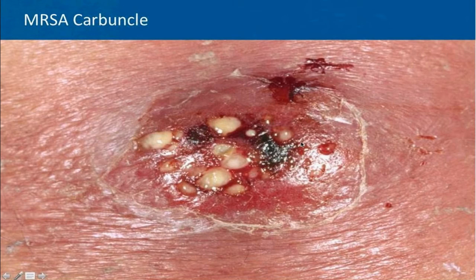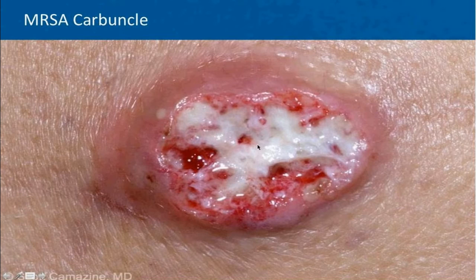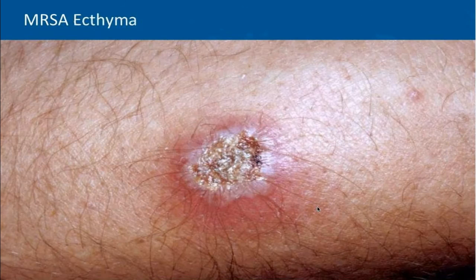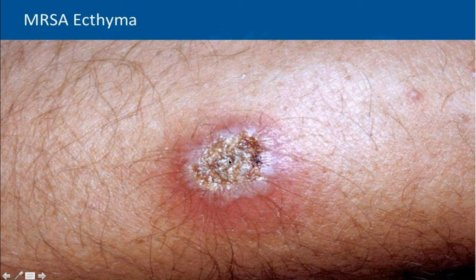When you have multiple furuncles coalescing into a big plaque, we call that a carbuncle. So here's one example of a carbuncle. Here's another example of another MRSA carbuncle when it starts to ulcerate. And then as the lesions start to progress into necrosis or an eschar, we call that ecthyma. So MRSA ecthyma is a deep-seated MRSA infection. You can see the pus pockets around it here. This is to be kept separate in your mind from ecthyma gangrenosum, which is caused by Pseudomonas.